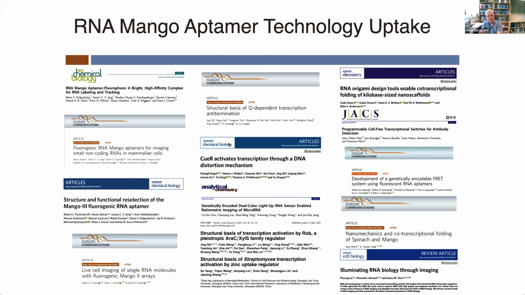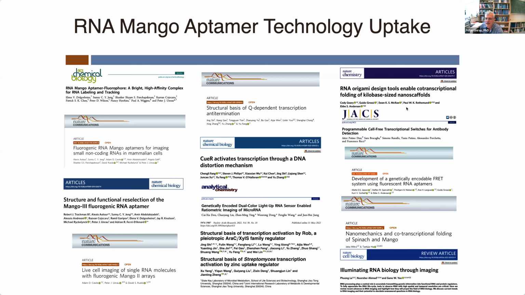Our work has been published, as shown on the left, and it's led to utilization by research groups, largely for transcriptional reporters. These Mango aptamers seem to be amenable for transcriptional reporters, and that's what a lot of people have used them for. That's this middle set. They've also used them for reporting on microRNA populations, but people have done some weird and interesting things, which I find interesting.